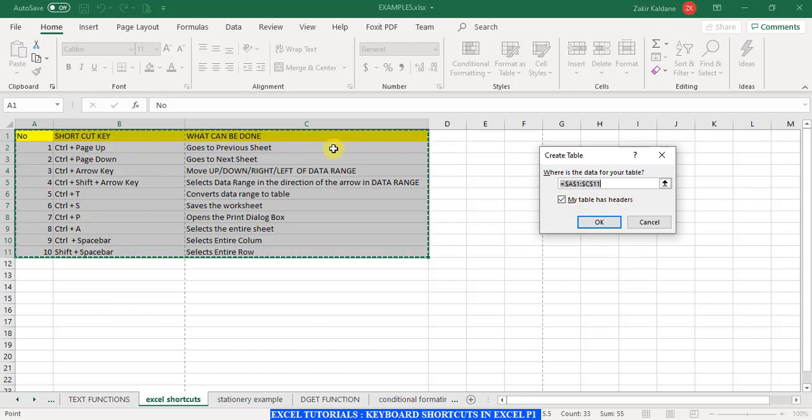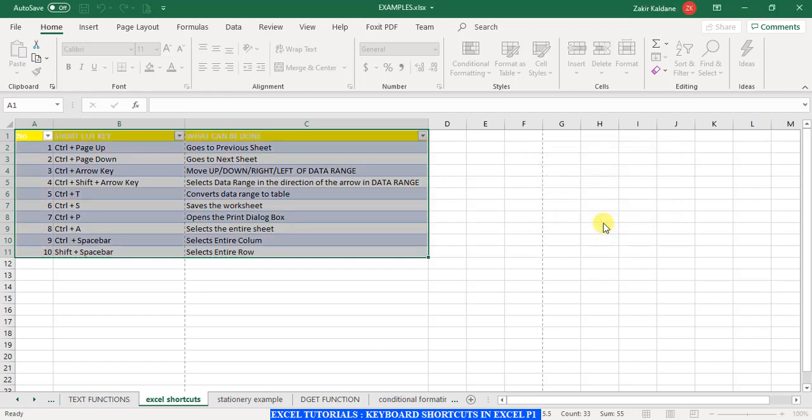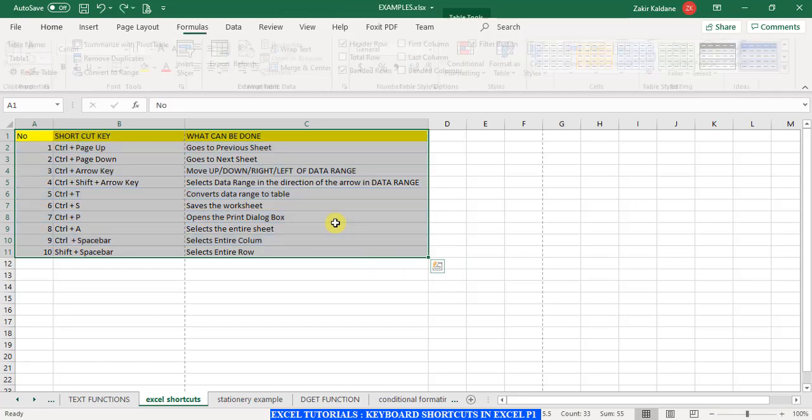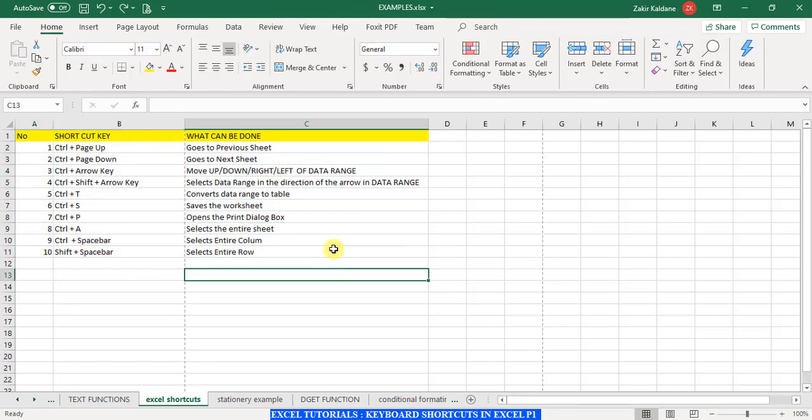So we have headings, so it is okay. So you see, by pressing just control T, we did not have to go to the top of the toolbar and say insert table and all that stuff. With just one shortcut key, you can insert tables for a particular data range of cells. Okay. So let us go back to our old data.